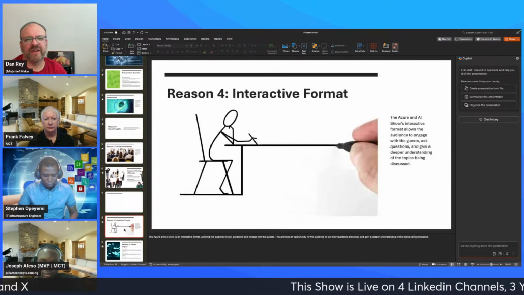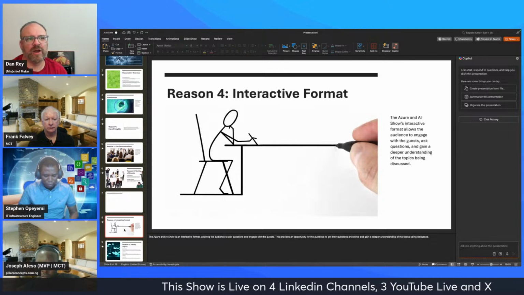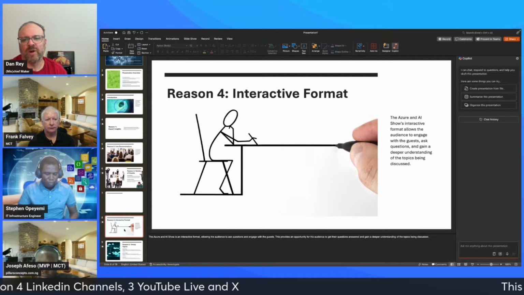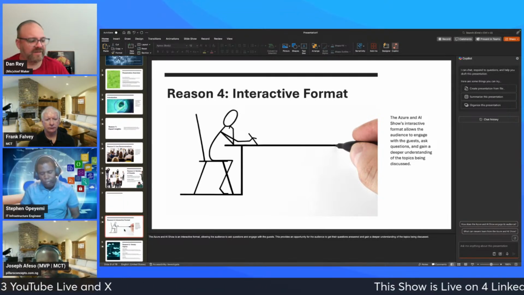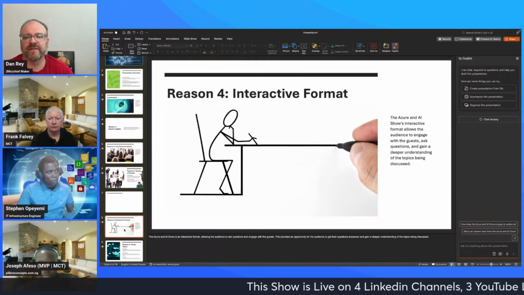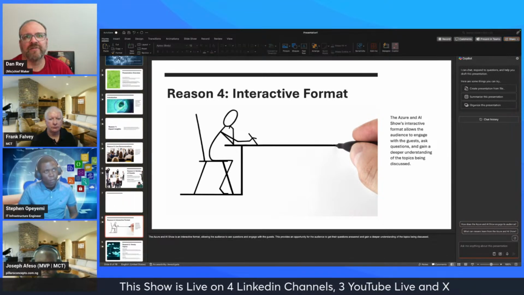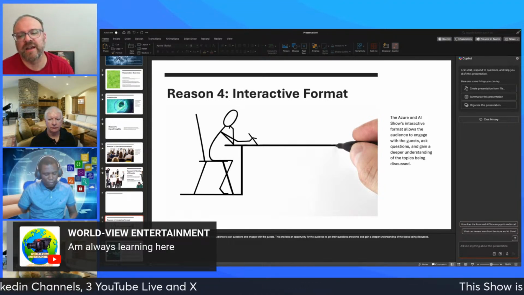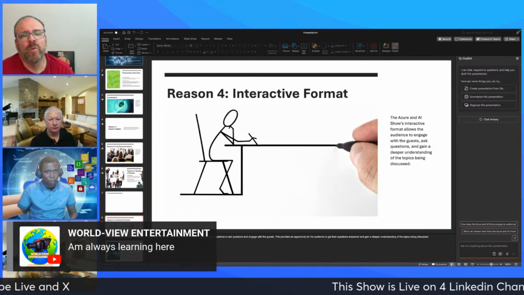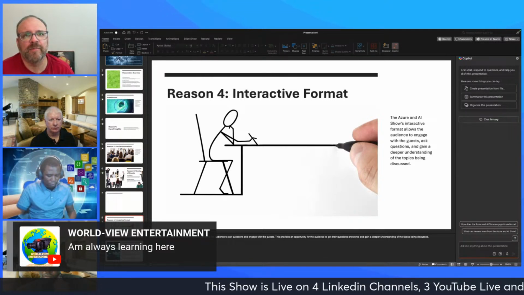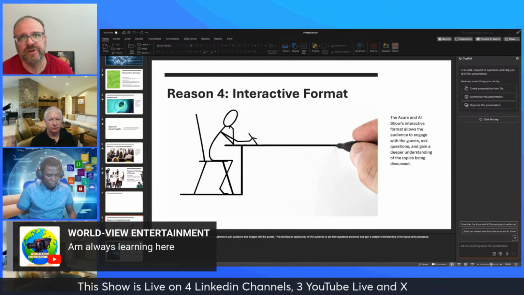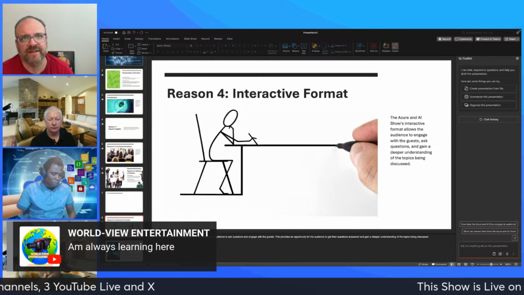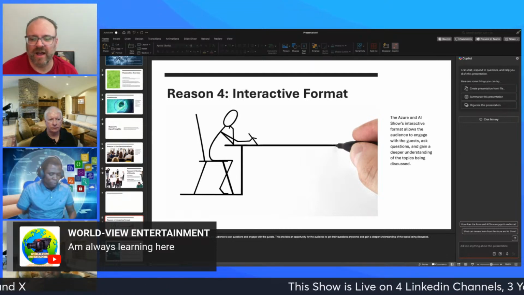Reason number 4 was interactive format. So in the same way that we are able to have guests on and interact with each other, one other thing that using StreamYard provides us is the ability to interact with our audience. As opposed to this being something that we have to invite people to, and we have a limit typically of 10 participants because of our licensing with StreamYard, one of the things we could do is actually from any of the LinkedIn, the YouTube, Facebook, X, whatever platforms we are broadcasting to, StreamYard collects all of the activity,